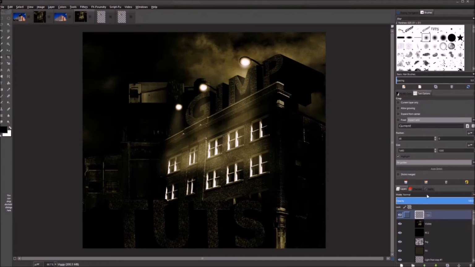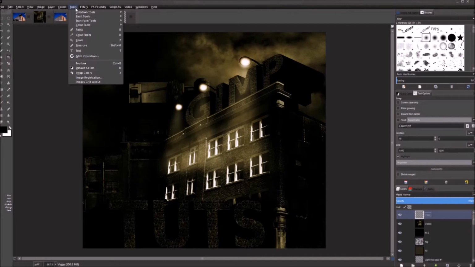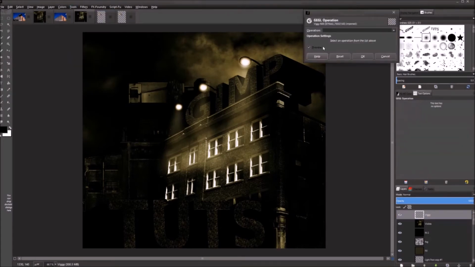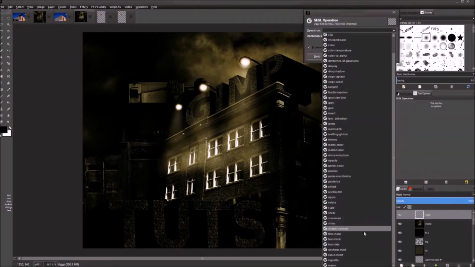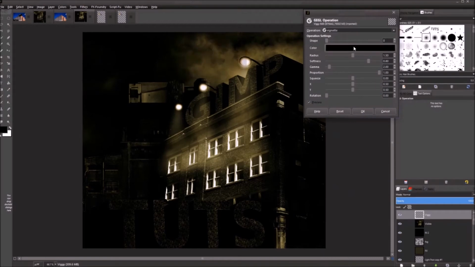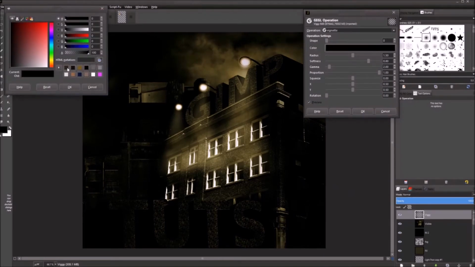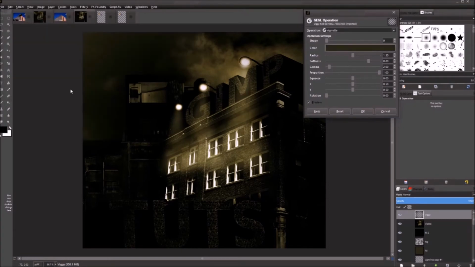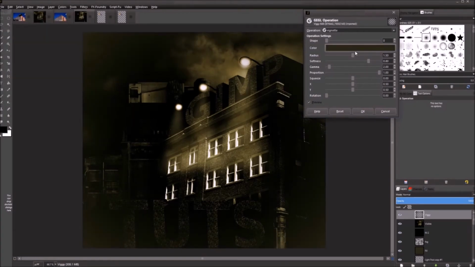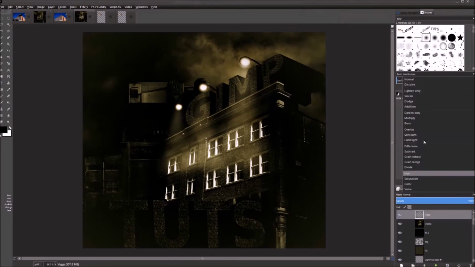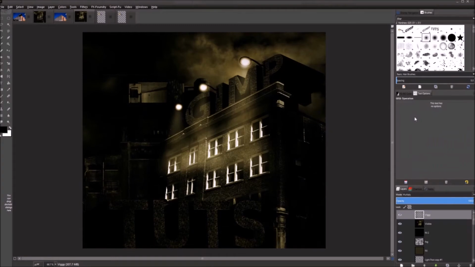Now turn the vignette layer back on, and then let's go to Tools, GEGL Operation, and let's go to Vignette, and let's change the color to that green color, and let's move the radius up just a little, press OK, and let's put this on multiply